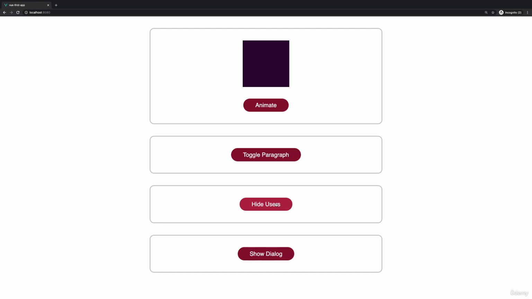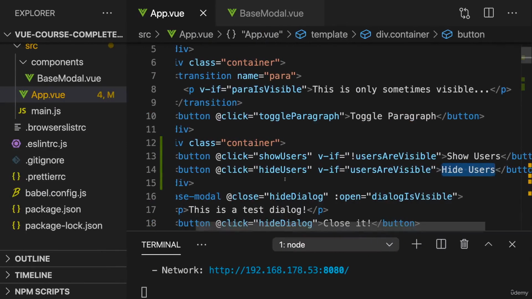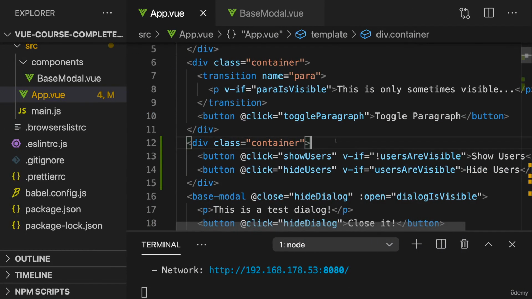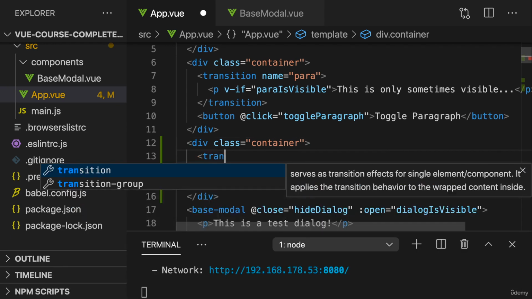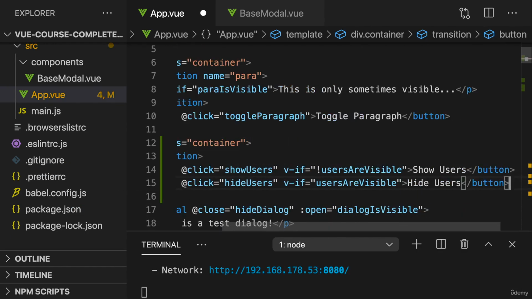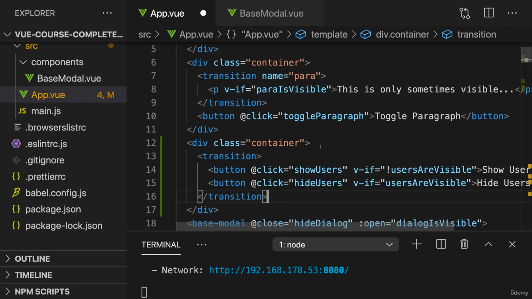Show a list of users, for example. But here I just want to focus on the transition between these two buttons. And I already said it, on the transition. At the moment, it's an instant change, which might or might not be what you want. But if you don't want it, if you want to animate this, you can use the transition component for that